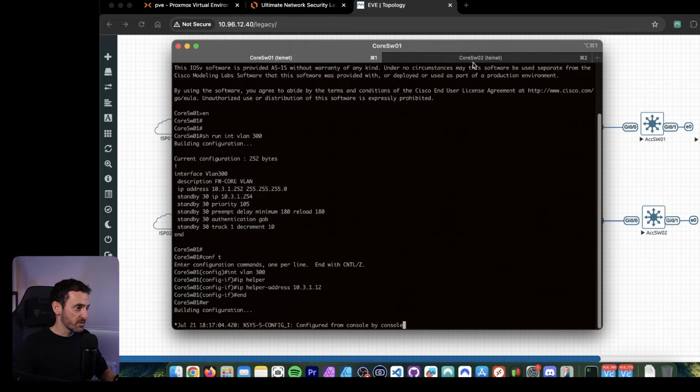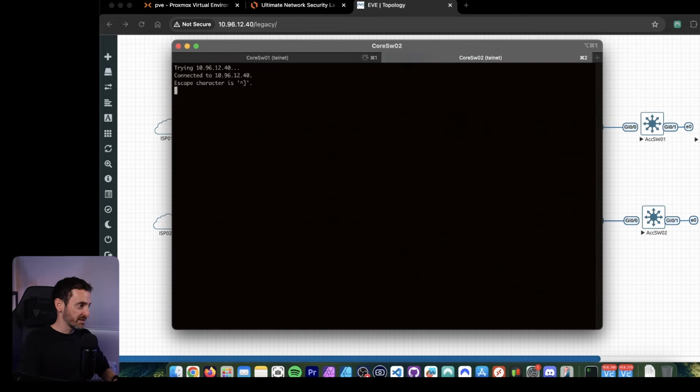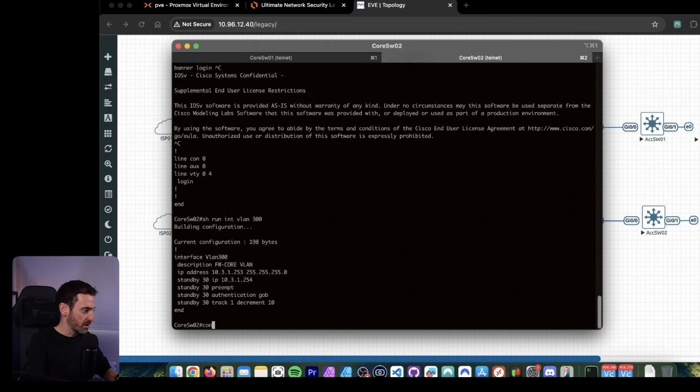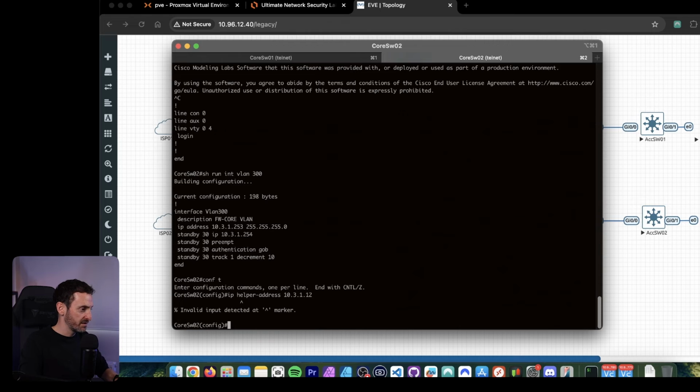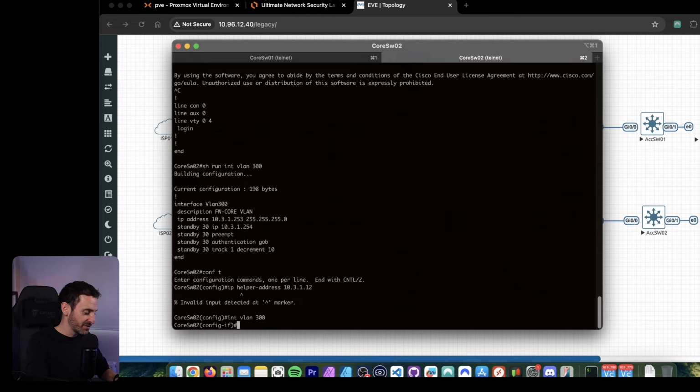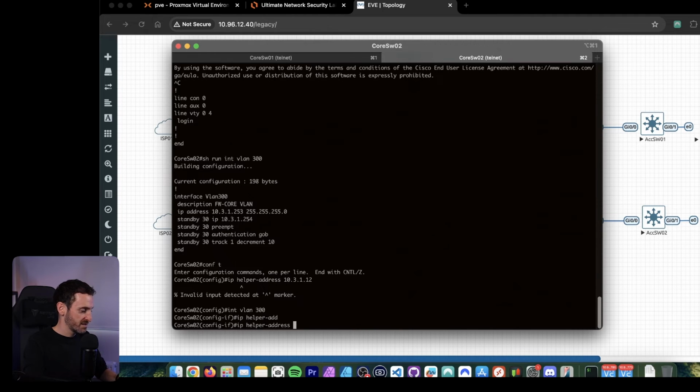So let's go back over to core 2. We're going to do the exact same thing there. Then we're just going to go into config mode. I'm going to type in IP space helper address, 10.3.1.12 was the IP, and hit enter. And why is it not working? Oh no. It would help if I actually went into the interface. So go into int VLAN 300, then I have to go IP space helper address, and it's going to be